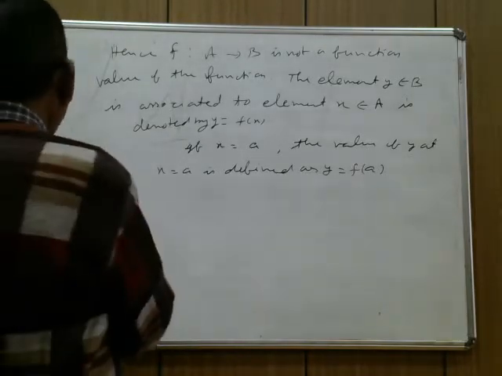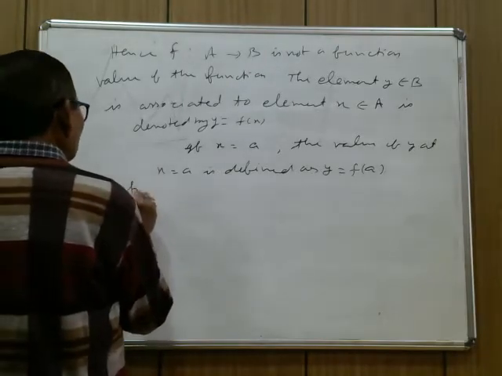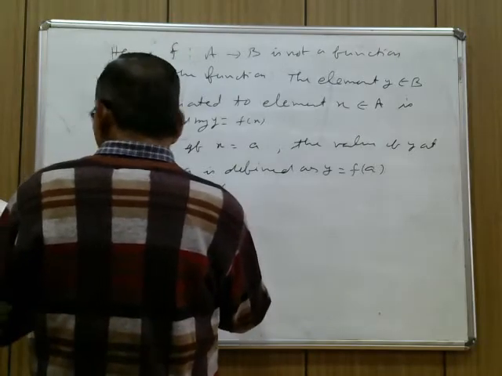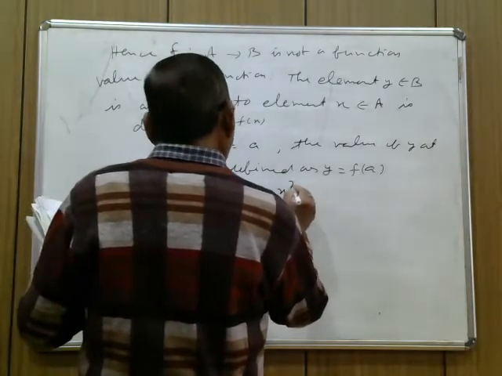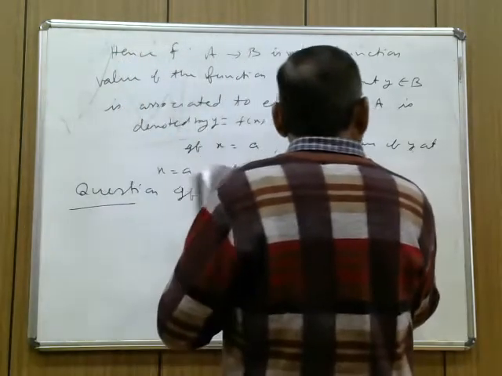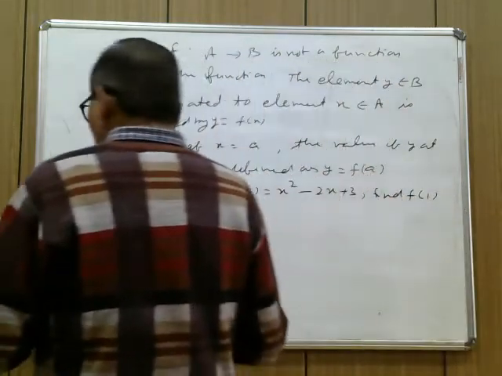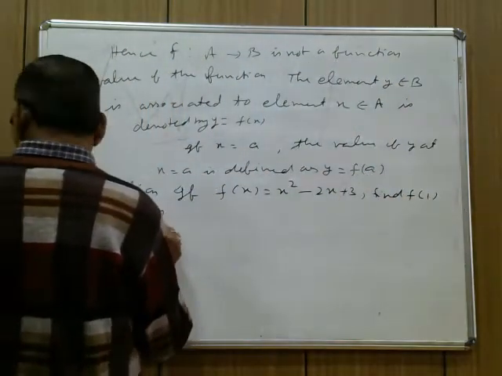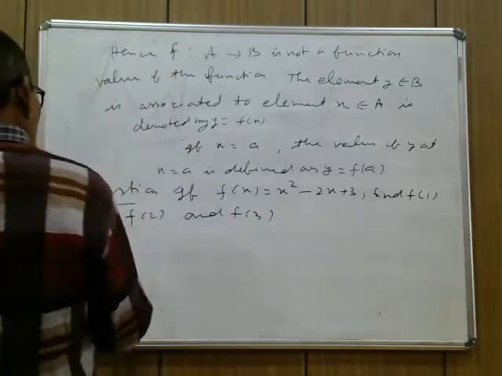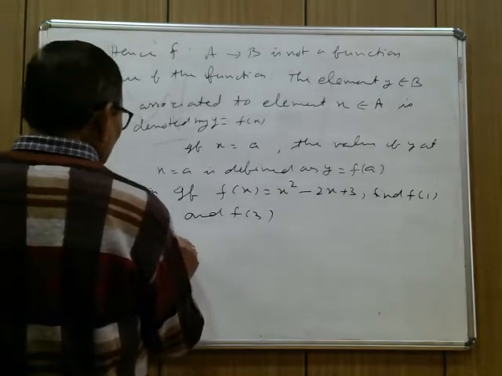Now, you see the question. If f(x) is equal to x square minus 2x plus 3, find f(1), f(2) and f(3). So how will you write a solution? See that, given that